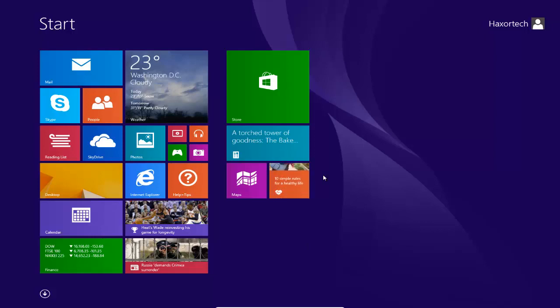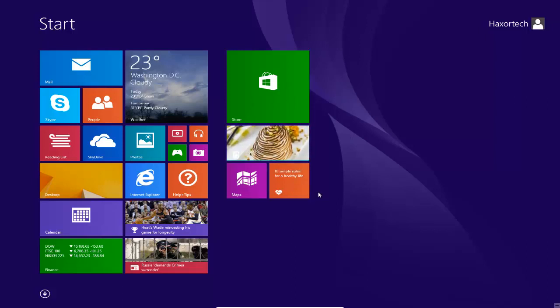Now, one of the most common things that people ask about with Windows 8 and Windows 8.1 is the new Start interface, also sometimes referred to as the Metro interface. With this new interface, things are definitely different from previous versions of Windows, like Windows 7, Vista, and XP, and people are not sure how to use it. In this tutorial, we're going to show you how to use all the great features that Windows 8 and 8.1